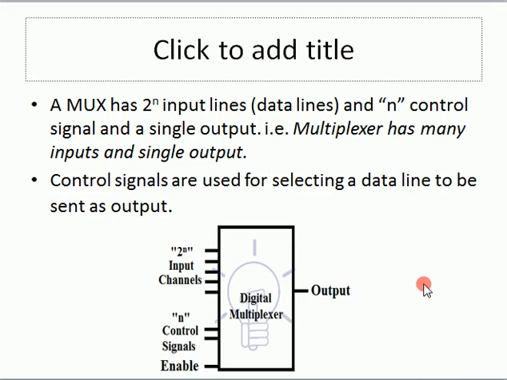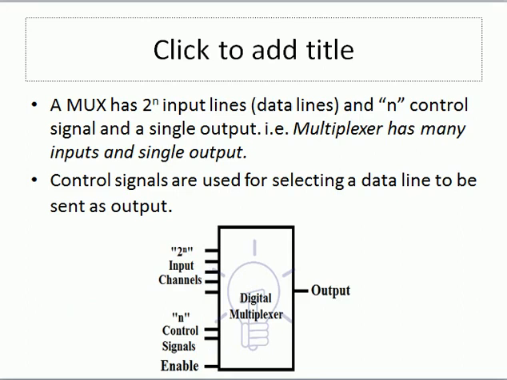That is, a multiplexer has many inputs and a single output. Control signals are used for selecting a data line to be sent as output. Here we are having 2 raised to the power n input channels, n control signals, one enable input and one output.